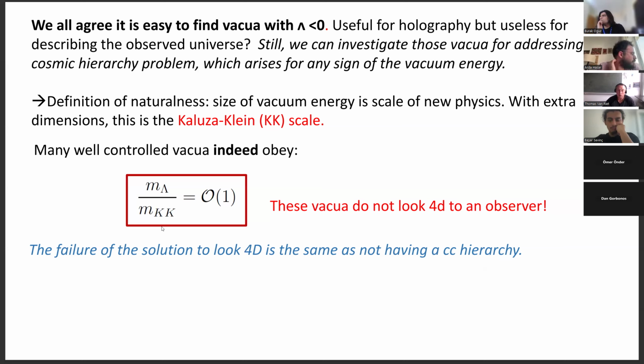And so the point I want to make is that if a quantum field theory says, okay, let's have a natural solution, and if you're in a theory with more than 4 dimensions, then a natural vacuum is the same as a vacuum which is not looking 4-dimensional. And I know this is a trivial thing to say, but it's super deep if you think about it properly, right? Why? And I'm amazed how this is glossed over in the literature.